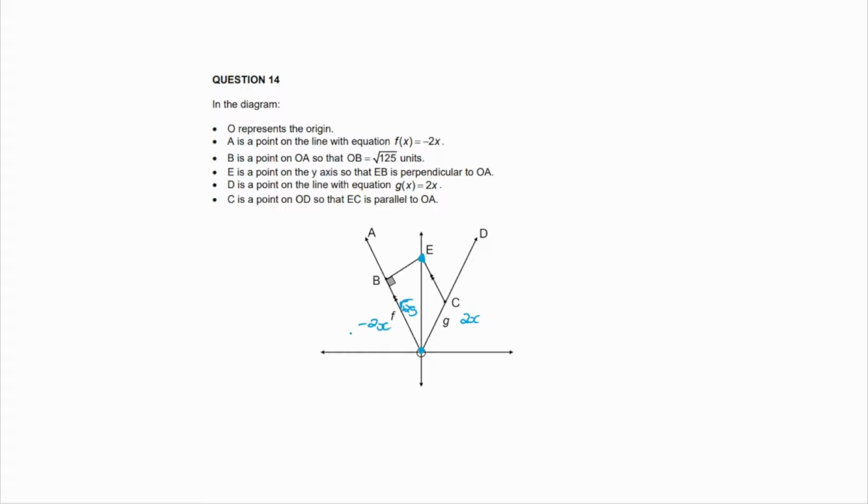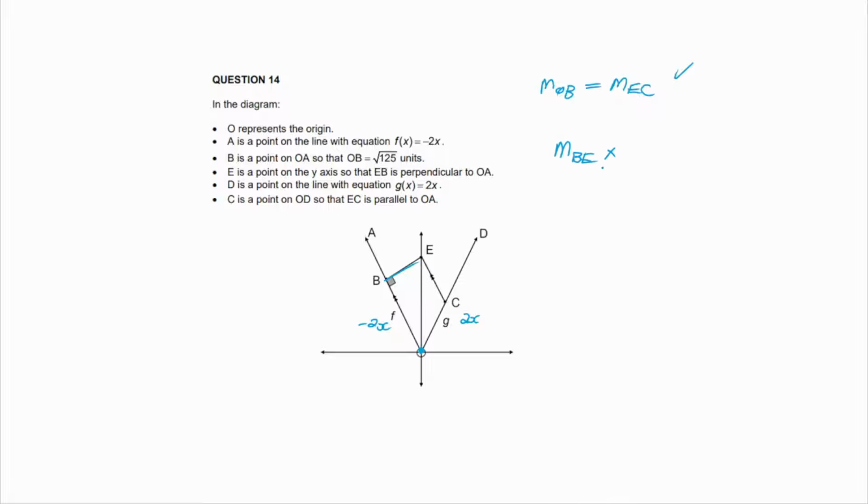Then they say C is a point on OD, so that EC is parallel to OA. So these lines are parallel. This looks a bit like analytical geometry, right? Remember, if lines are parallel, gradients will be equal. So for example, we know that the gradient of OB is equal to the gradient of EC. This could be important. We also know that the gradient of